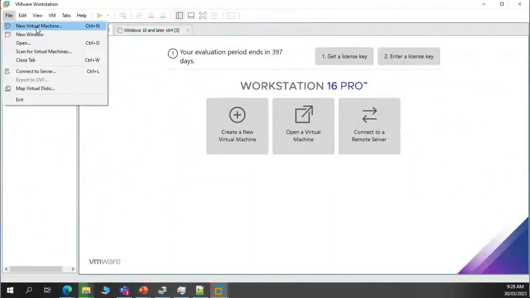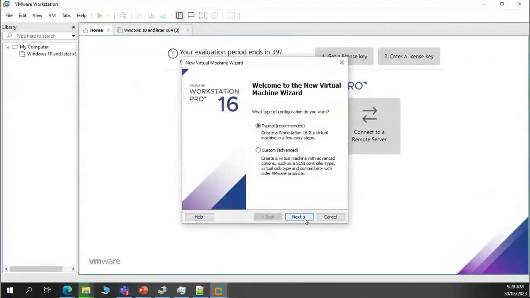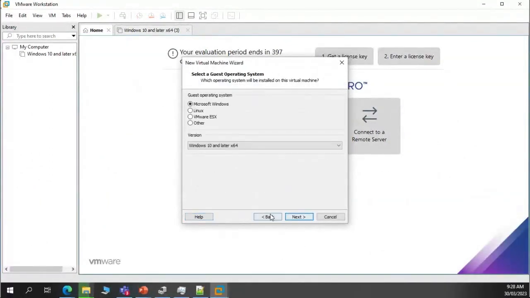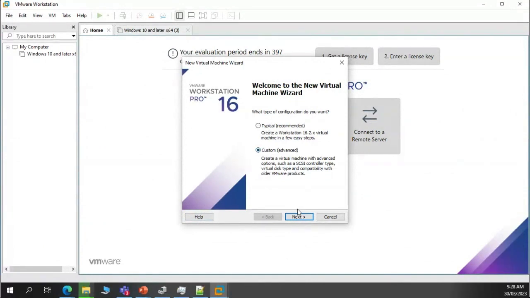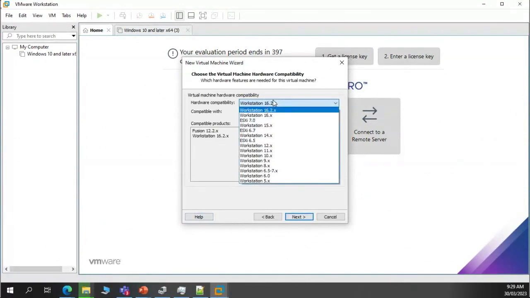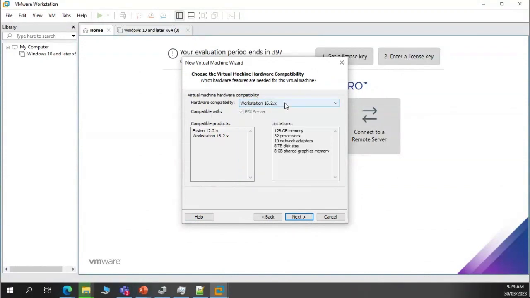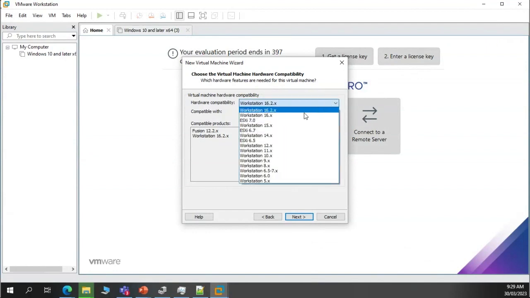So if I create a new virtual machine, I'll just do typical. Or maybe I should go custom actually. That gives me more options. See, this is the hardware compatibility issue. VMware 16, that's the one we've got here, is compatible with Fusion 12 and other VMware 16. So that means only these ones can open it. But if you look at this, these are the limitations: 128 gigs of RAM, 32 processors, 10 network cards, etc. But if I choose 12,